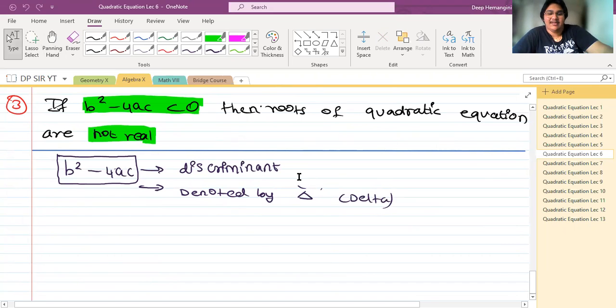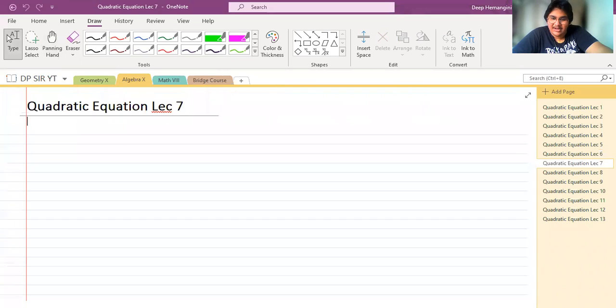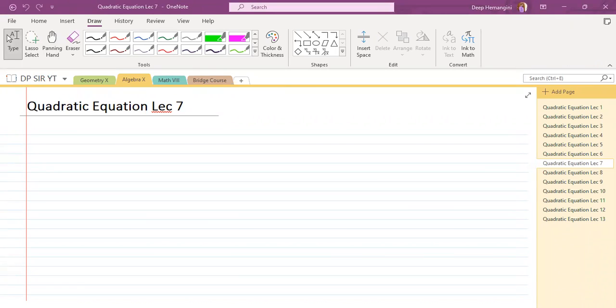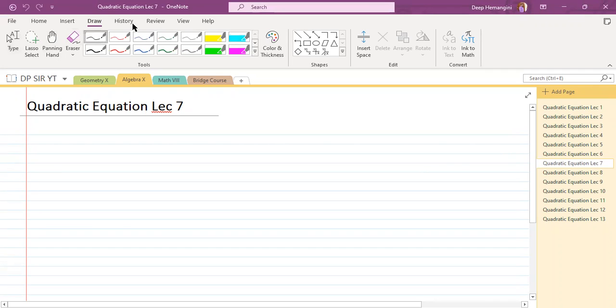In today's session, I want to start with the exercise, to be very honest. Let us solve a few questions from your lecture number 7, exercise 2.5. There is a relation between the roots we need to study, that is sum and product both. But at present, first I will complete that concept part, then at a stretch you can solve the exercise.